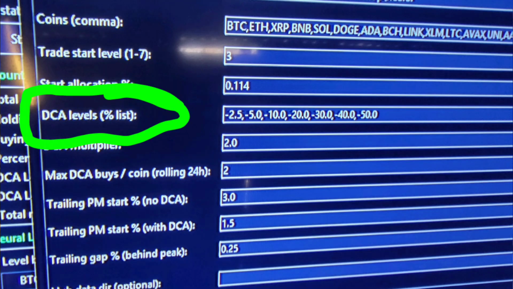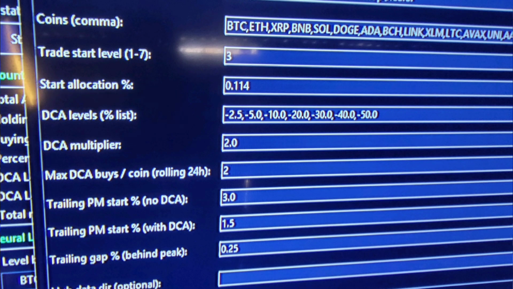The next setting is the DCA levels. That's the hard-coded drawdown percents. For each level of DCA, that's the percentage of loss that the trade has to hit to trigger a DCA buy. Now, for whatever level of DCA it's currently on, if the AI price for that specific level is higher than the hard-coded drawdown percentage from this list, then it'll use the AI's price for that DCA level. But that's only for the first few levels of DCA. Anything past the 4th or whatever